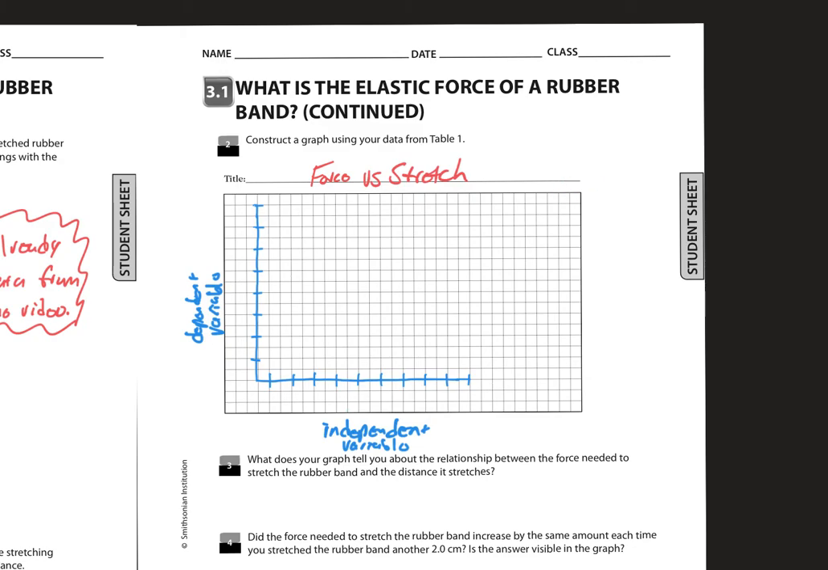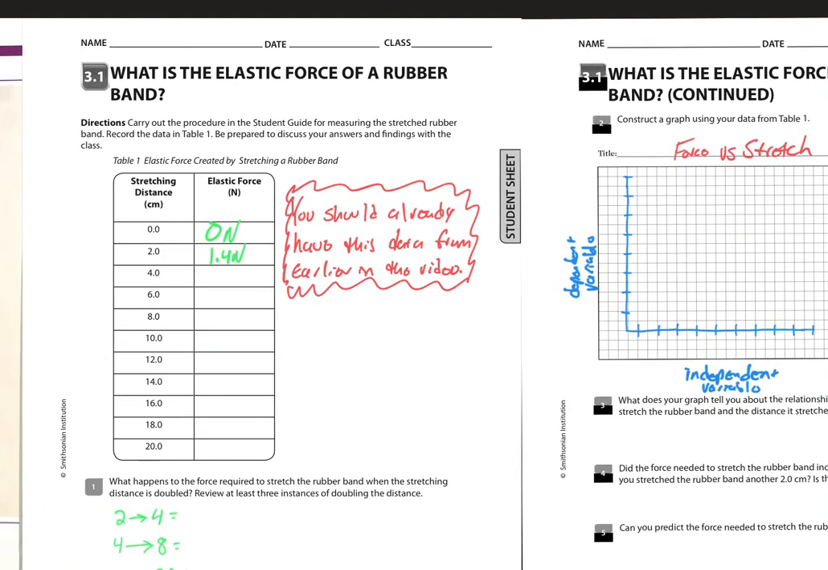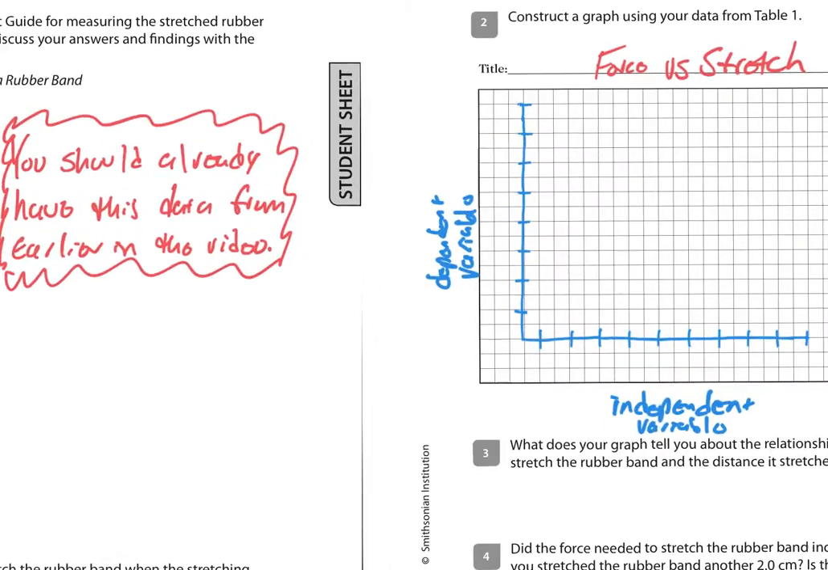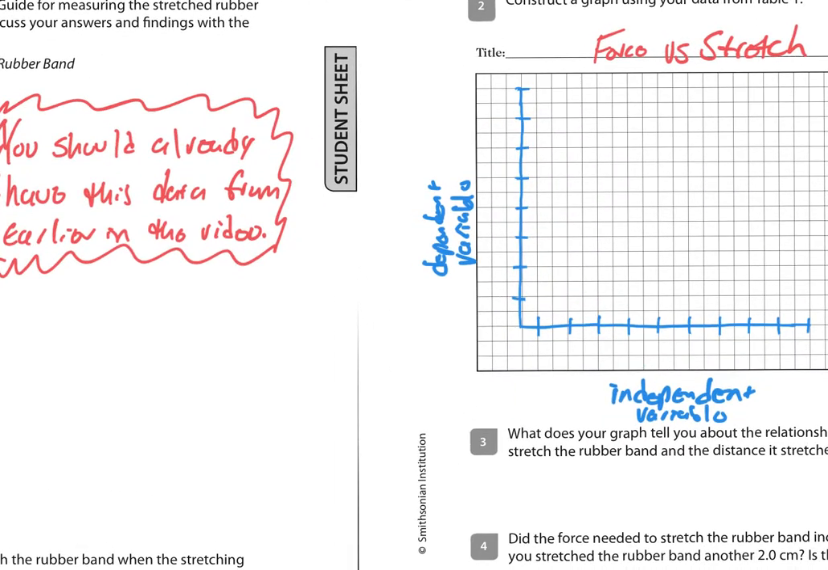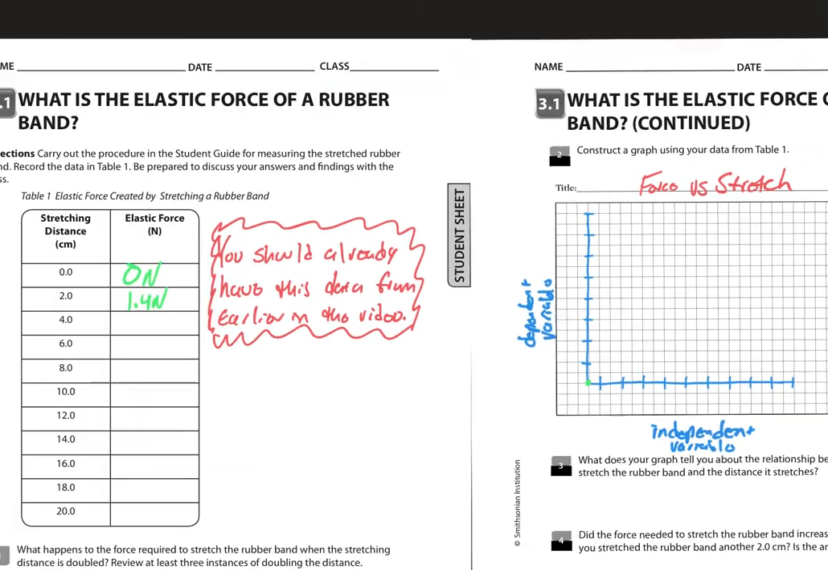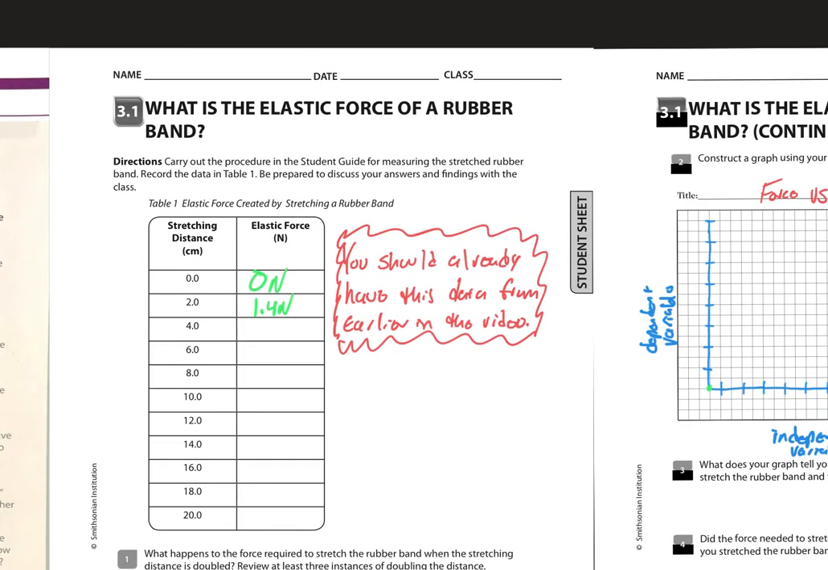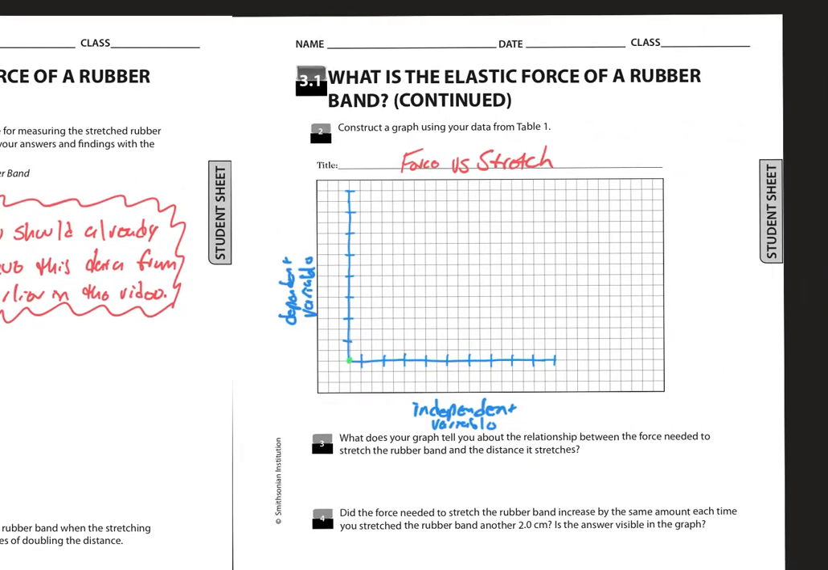All right. So yours may be different than mine, but we're going to go back at 0, 0. So at 0 centimeters, I had 0 newtons of force. So I will have my first dot. There we go. So my first dot will be there. And then if I graph my second at 2 centimeters, my elastic force was 1.4. So again, I go over here. My stretching distance is on the